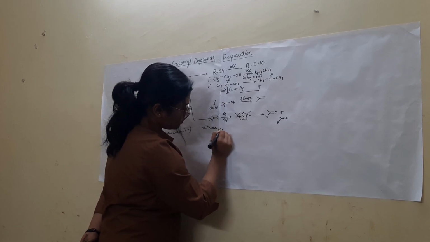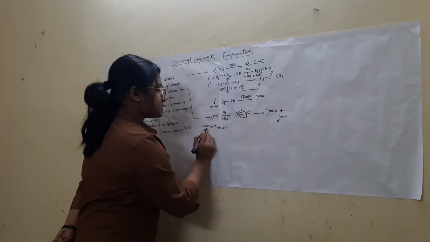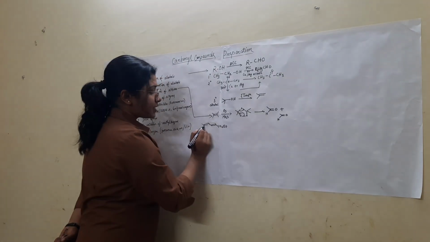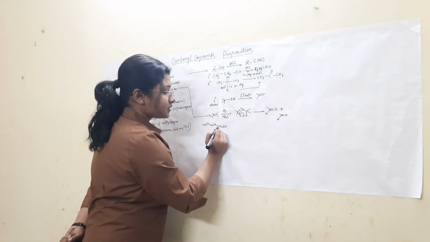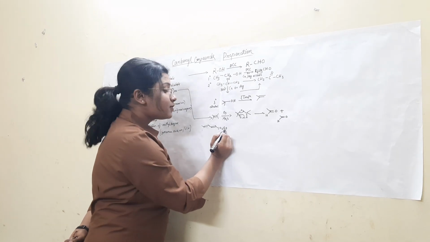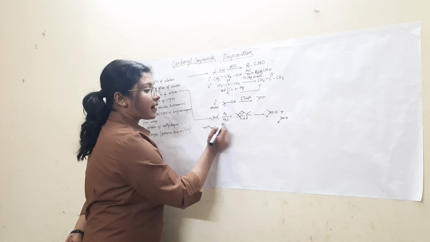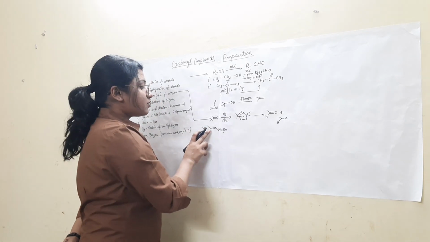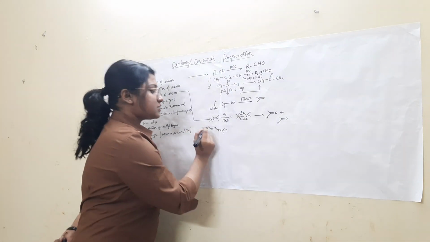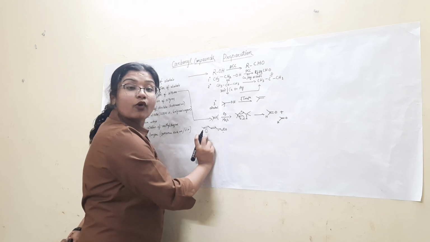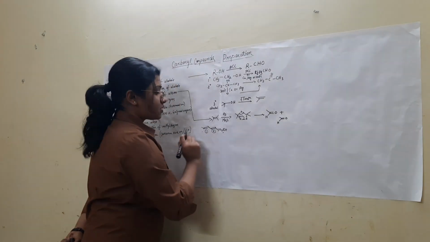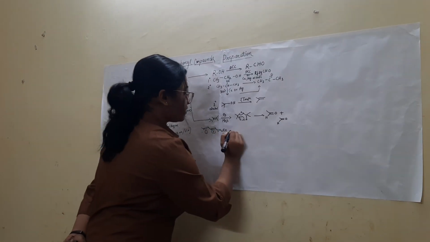Now see, this bond has no electron withdrawing group, but this group has one electron withdrawing group, ester. So this will pull electron towards itself by resonance. So this alkene is more electron rich as compared to this. So this bond will be broken and it will give